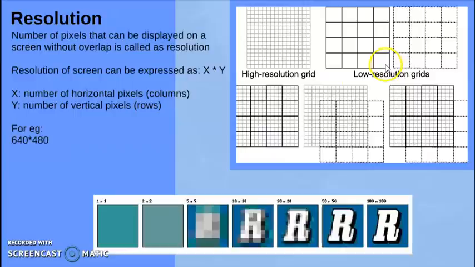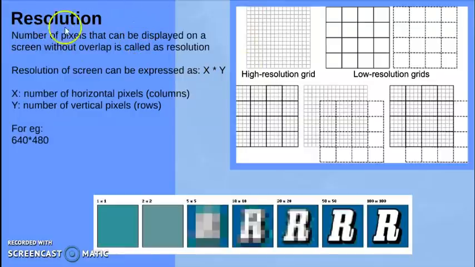Out here to my right I could see an image in which I've got 4 columns and 4 rows. Okay, so this resolution becomes 4 cross 4. If I come to my left hand side, I have got 16 columns and 16 rows here. So my resolution becomes 16 cross 16. When I say 4 cross 4, that means there are in all 16 pixels. When I say 16 cross 16, that means there are 16 multiplied by 16 pixels in my image. So that is what we mean by resolution.